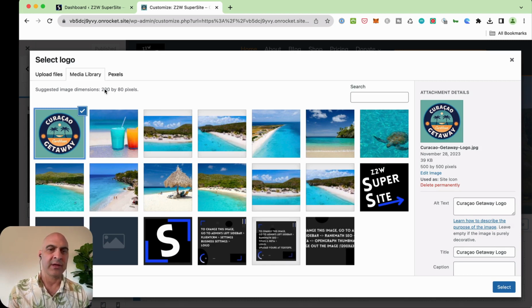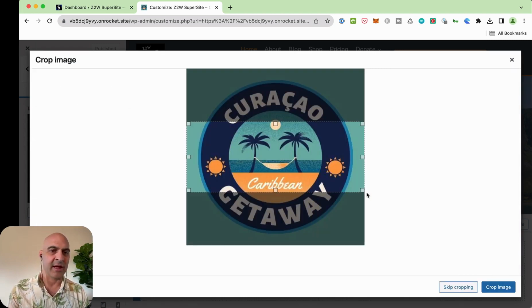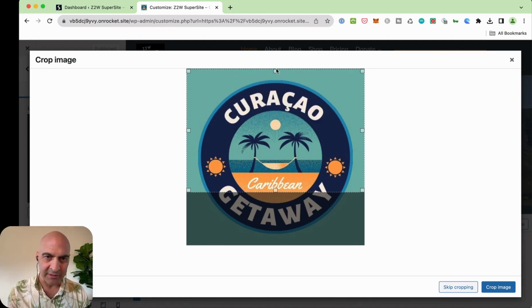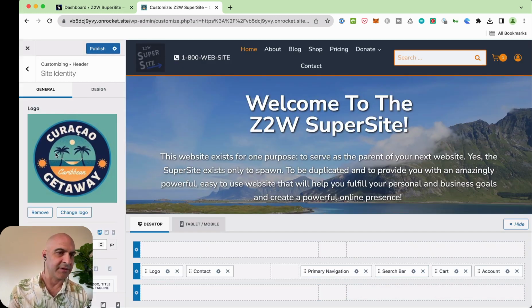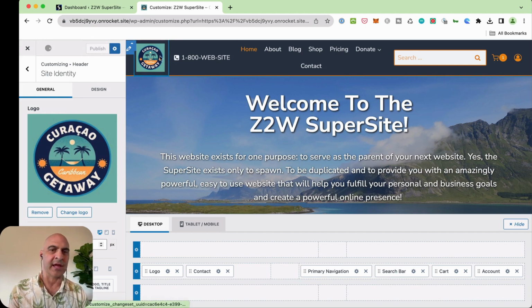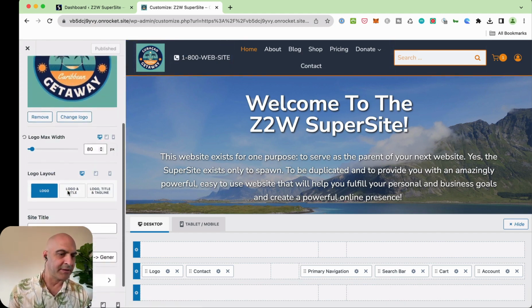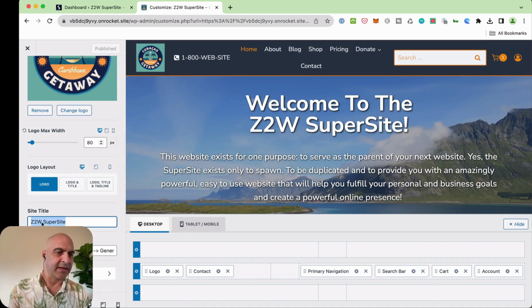If you're going to be creating your web page, then try to follow the suggested sizes. Okay, it may enforce it, I'm not sure. No, it's not. So I'm just going to go ahead and skip cropping. So let's publish it, and it should show up right here. That'll go site-wide in our header. It'll be everywhere. Now let's come down to the site title and call it Curacao